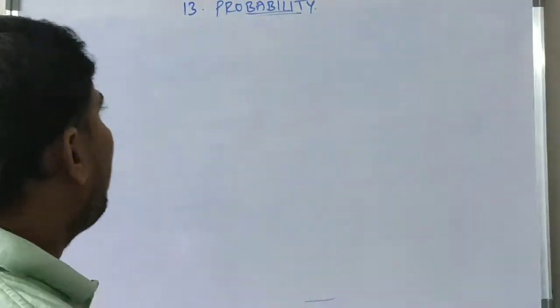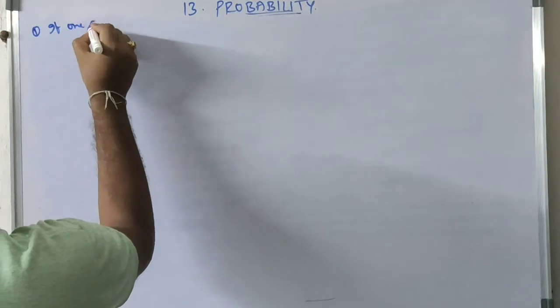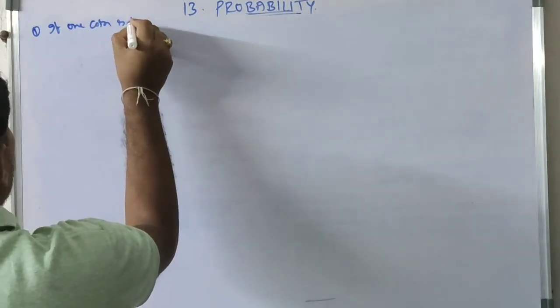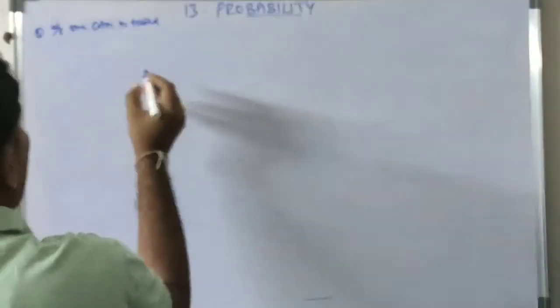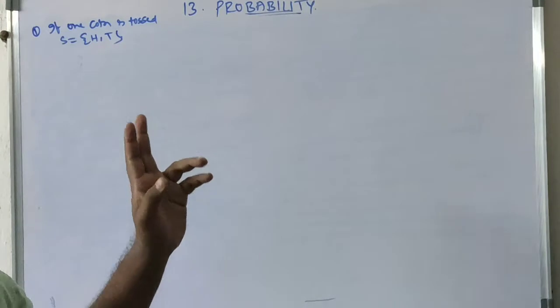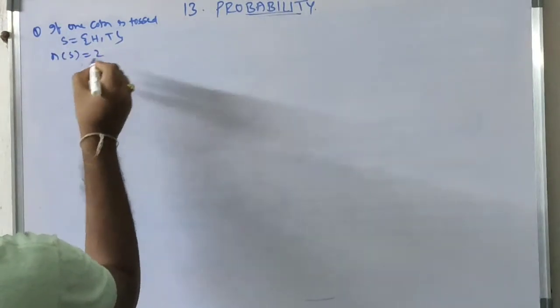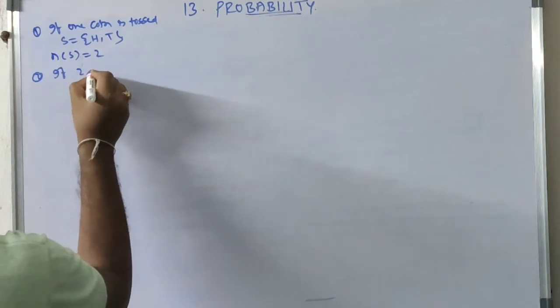Random experiments. First one, if one coin is tossed, S equal to {H, T}. Choices are 2, head and tail. N of S, how many choices? 2. If 2 coins are tossed,